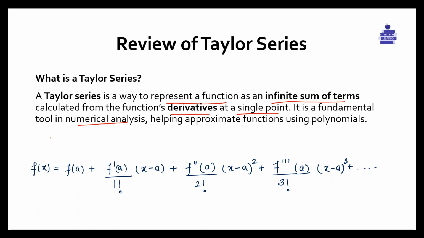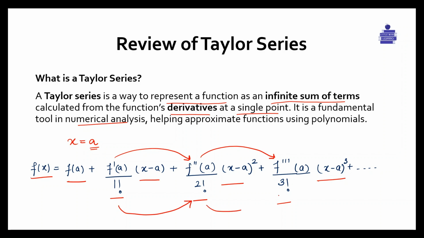Mathematically, let's say our function is f(x) that is infinitely differentiable at x equals a. That is our single point. The Taylor series expansion around a will be simply putting in the value of a, then calculating its derivative and multiplying by the variable term, then repeating the same step again and again infinitely. The derivative order increases with every subsequent term, and a similar thing happens with the factorial denominator. And here (x minus a) to the power 1, similarly (x minus a) to the power 2, and lastly (x minus a) to the power of 3. This continues further.